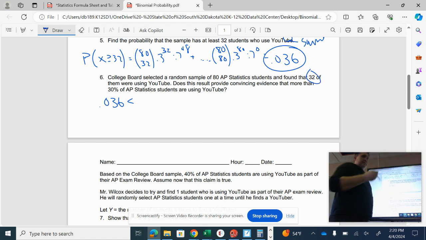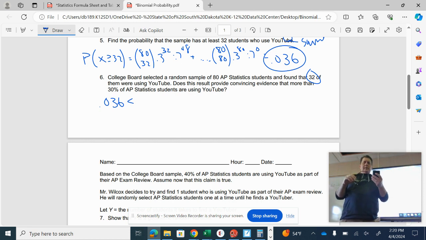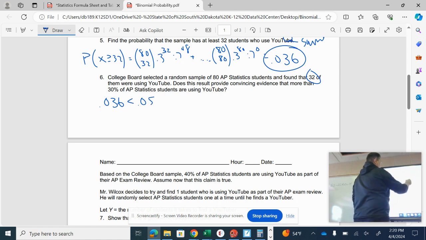So remember, this is the idea of like if you take out your wallet and you open it up and I say, well, do you have $5? If you have more than that, if you have 10, you have $5. If you have 4, you don't have $5. So really the 32 or more is what we should use, but that's less than 5%. So is it convincing evidence? It's yes. I mean, we would reject the null since it is